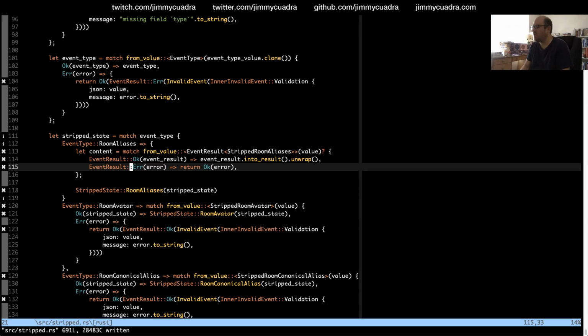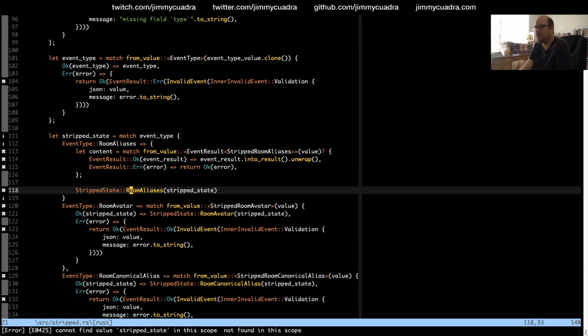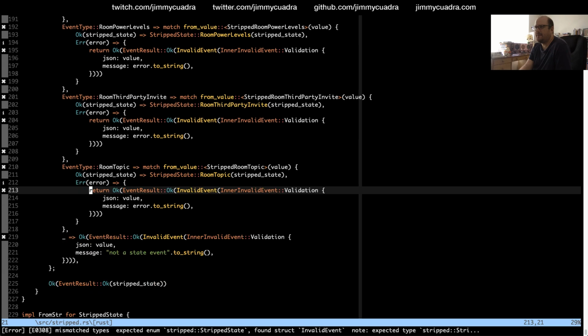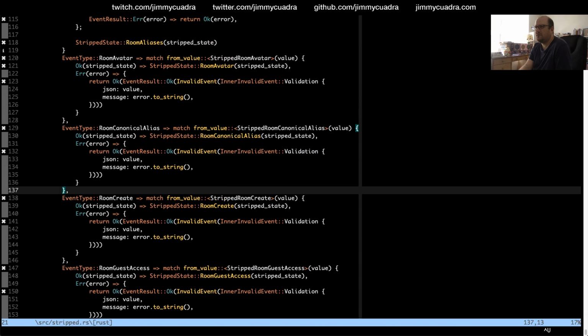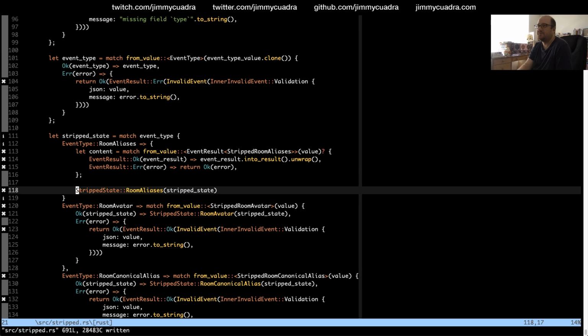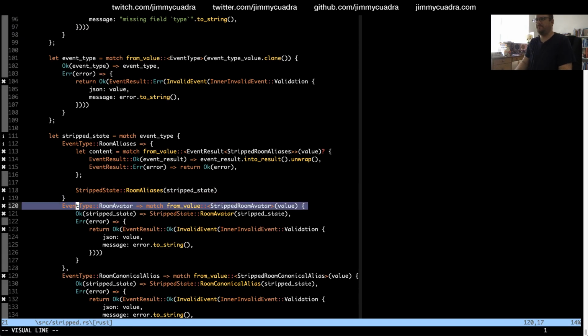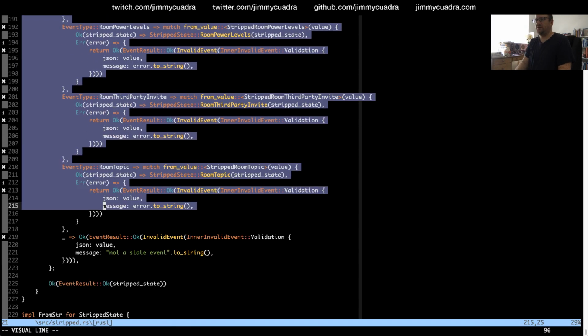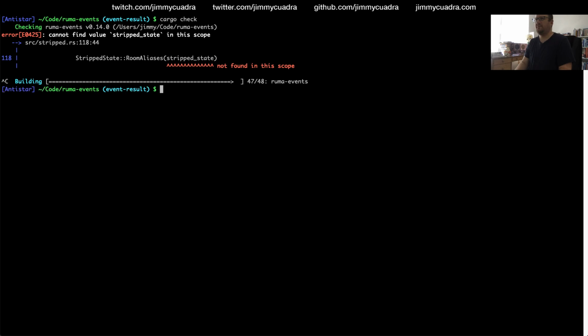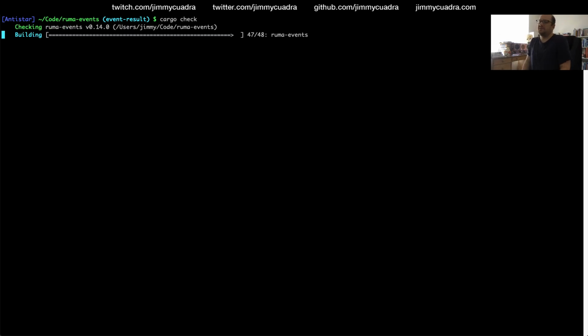Yeah? Oh, which would make sense why... I think I'm going to end up with a type error here, but let me try it. And then in the end, we return okay of the strip state. Let's see how far that gets us. Actually, to reduce the number of errors here, I'm just going to comment out the other variants for now. Let's see how far that gets us.